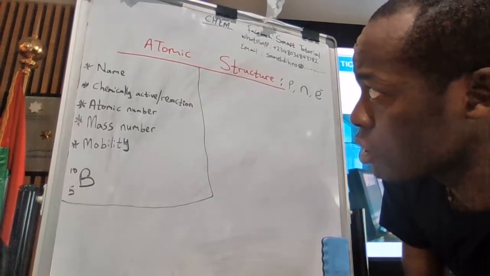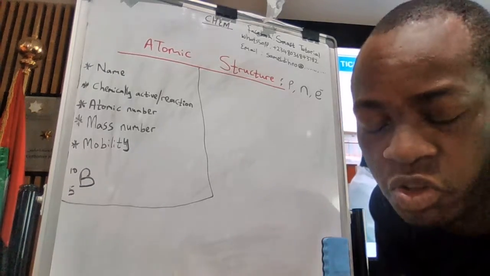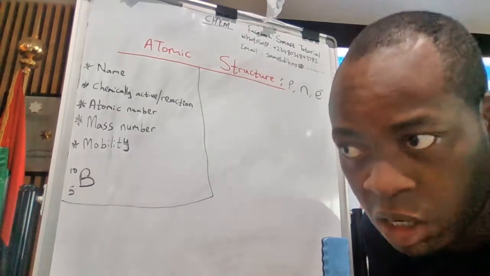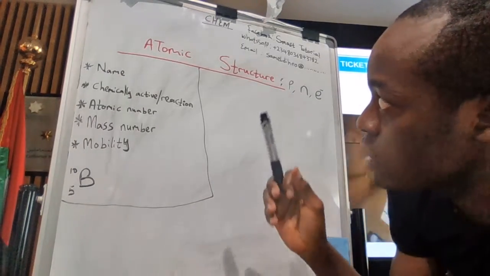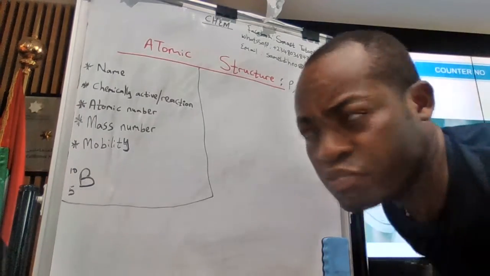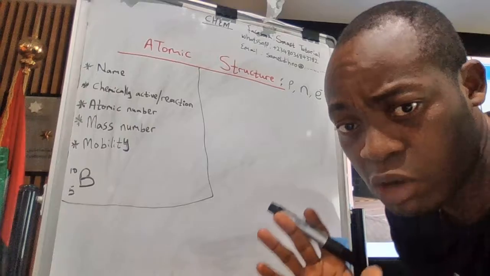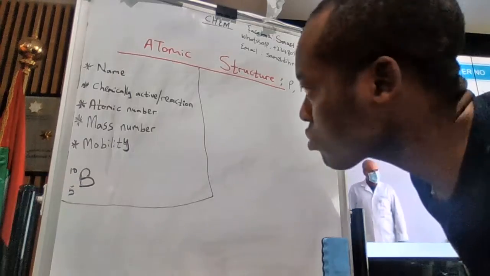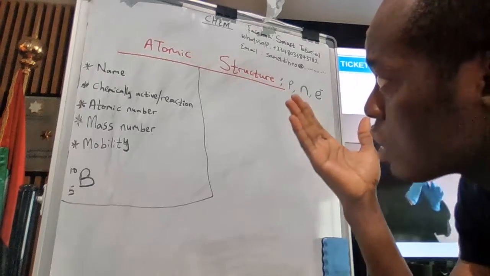So this topic is necessary because I believe some teachers, though they try their best, there is some confusion that students do come across when talking about the atomic structure, atomic number and then the mass number. Just like I told you, I will be giving you the basic things that you need, not just the elaborate topics. So under the atomic structure,